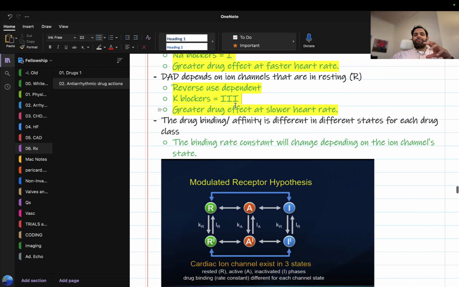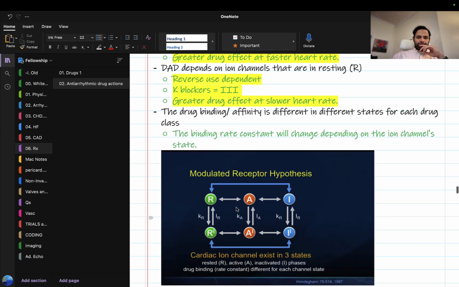And so that binding constant, if it can't bind long enough to exert its proarrhythmic action because the channel is not in the favorable state most of the time, because remember, these are signal transduction pathways, and there are always conformational changes and states of the ion channels. The other thing that's important is that common sense tells you I go from active to inactive to resting, right? But you can actually go both ways. And this is important as well.